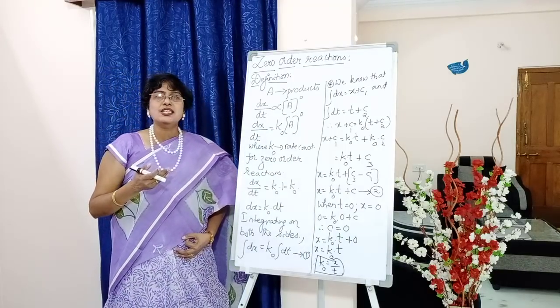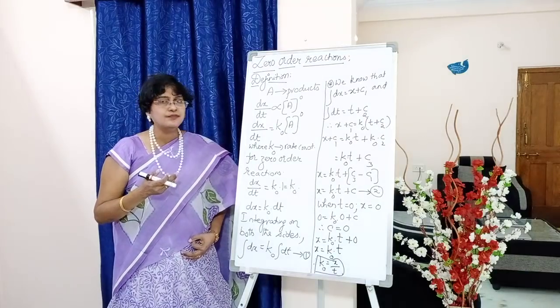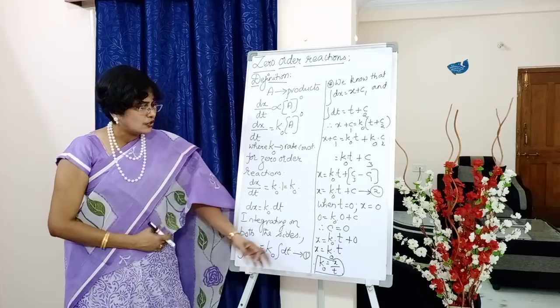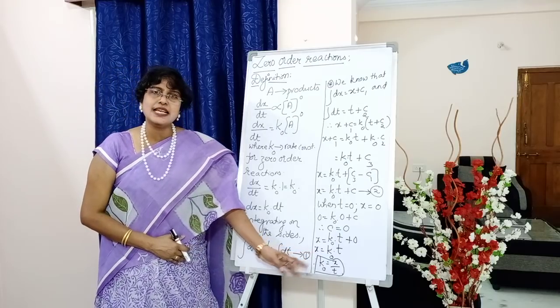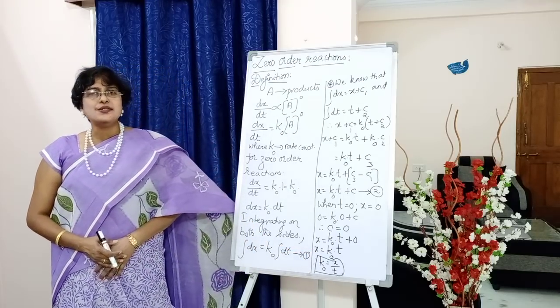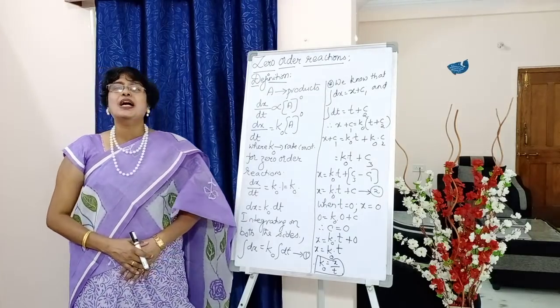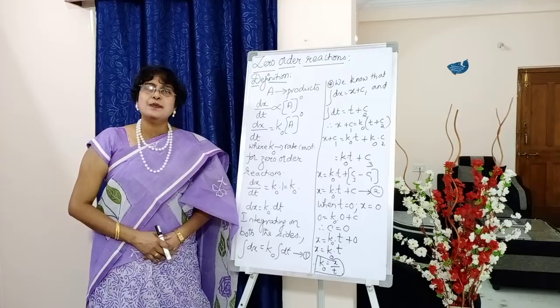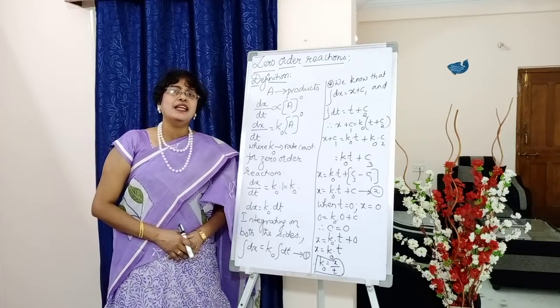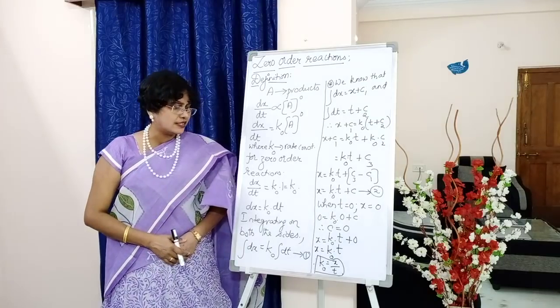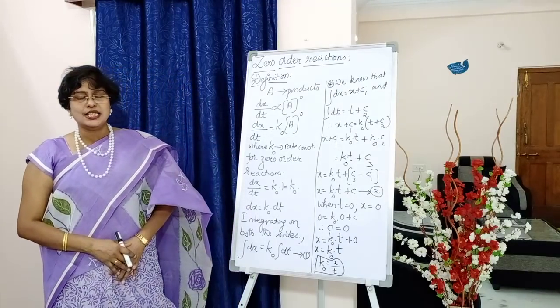So what is our question? Derive an expression for the rate constant of zero order reactions. So finally we could get this, students. X is equal to k naught into t. From this, k naught will be equal to x by t. That is the expression for rate constant of a zero order reaction. Put it in a box, students. K naught is equal to x by t.